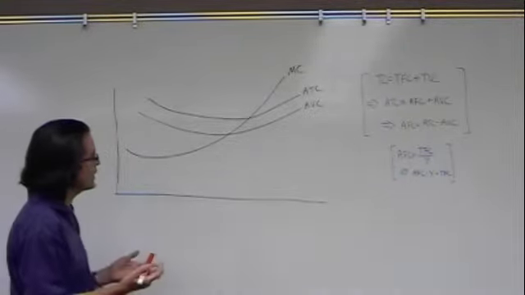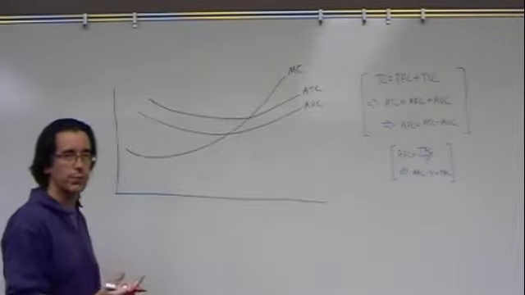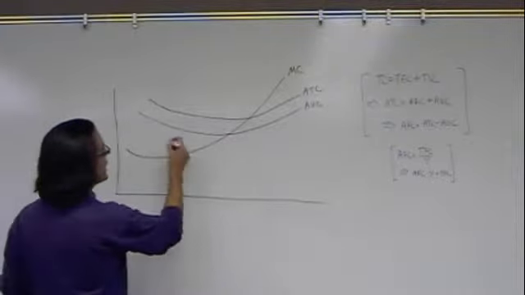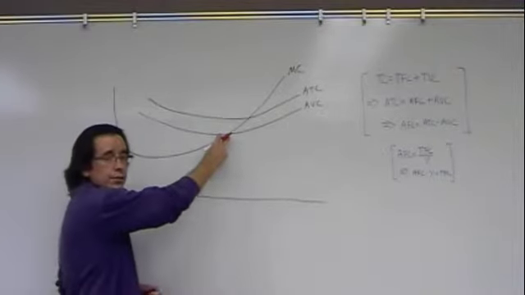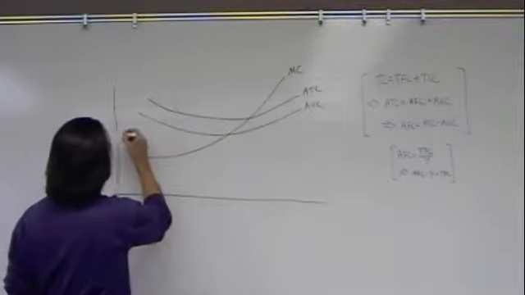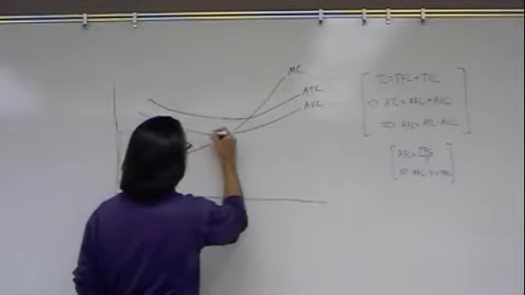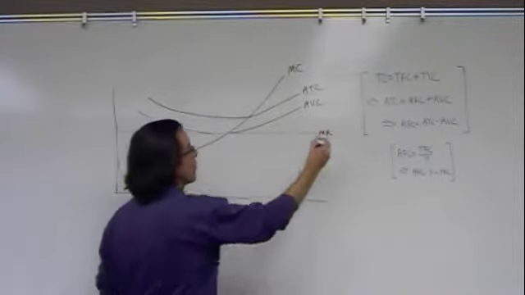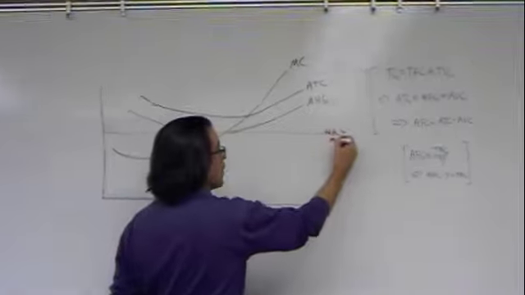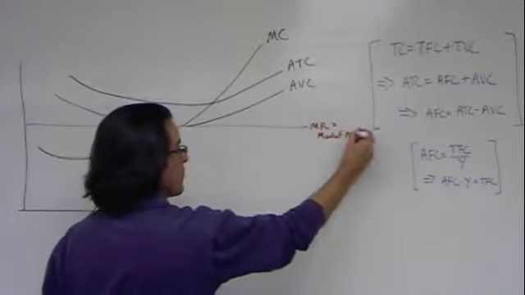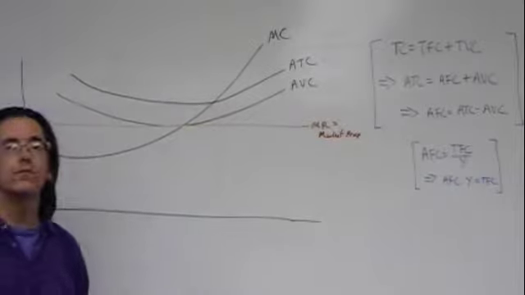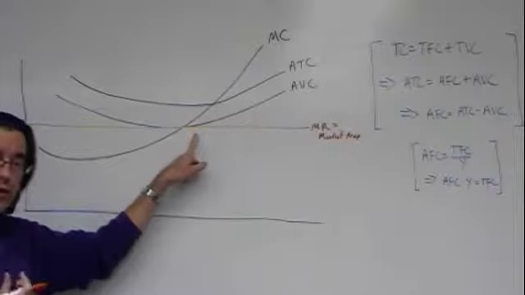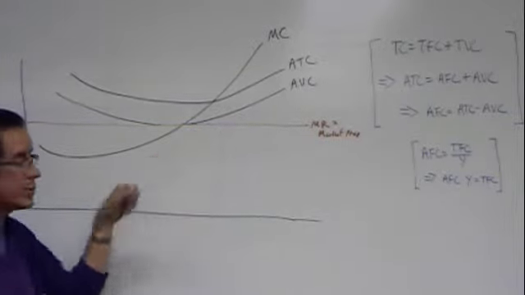So I guess we'll just start out by saying, what is the shutdown price? Similar to the idea of the break-even price, the shutdown price occurs at the point where the average variable cost intersects marginal cost. So we'll just draw that line. Again, we're talking about a special price. The marginal revenue line is the same thing as the market price. And again, same deal, the firm is listening to the price. If it gets this price, it's a special price. We're just going to call it our shutdown price, and we'll see why in a second.